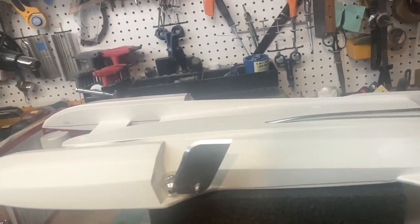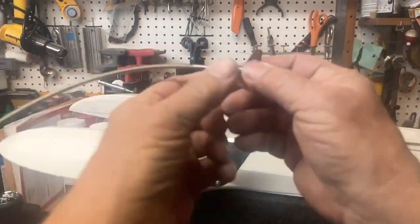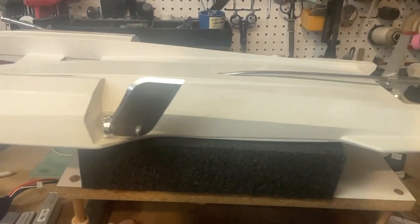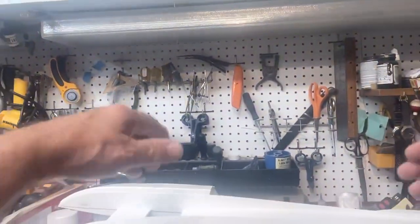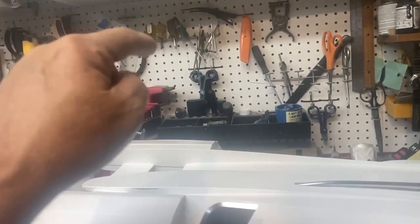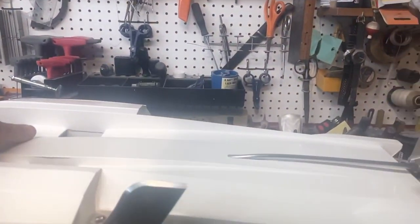So in the after-run maintenance, I take out the drive shaft, and I wipe it down, and I set it out to air dry. Then I take the hull and I go in with compressed air and I blow out as much as I can, and then I set it on this. And what is this, you ask? Well,